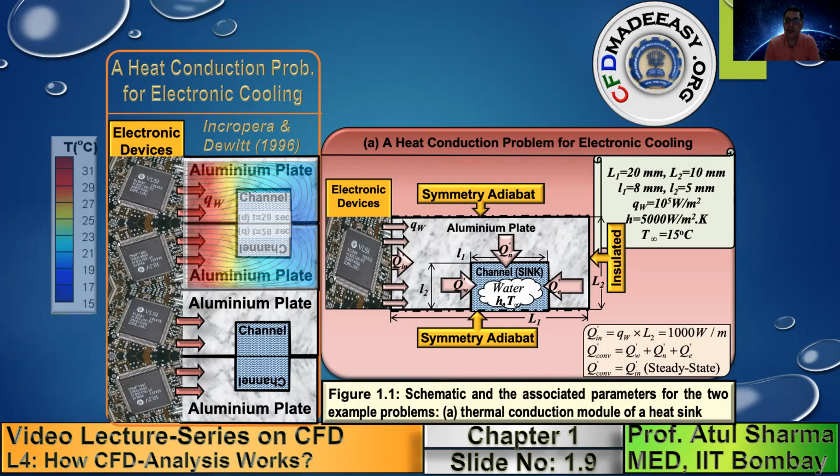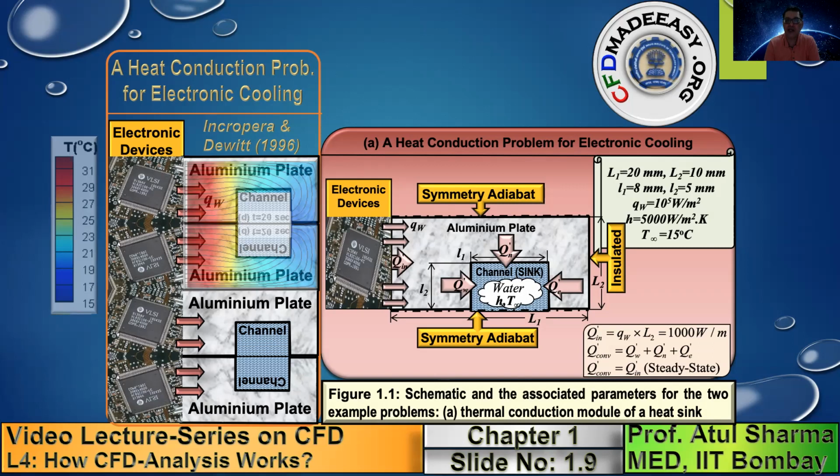Now we solve this problem considering heat conduction, where along with the walls of the aluminum plate, we also have to apply the boundary condition at the water-aluminum plate interface. So the boundary condition on these walls corresponds to a convective heat transfer boundary condition. Suppose if you apply it on this wall, it will be minus k dT/dx equals h times (T at wall minus T infinity). Note that we are not simulating the convection in this case; we are applying the convective heat transfer boundary condition and solving it as a pure heat conduction problem.